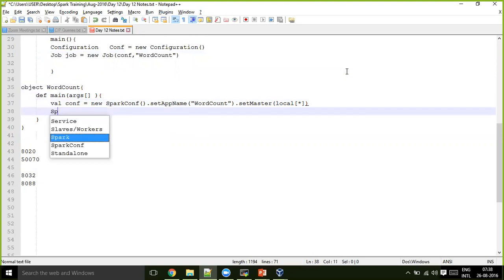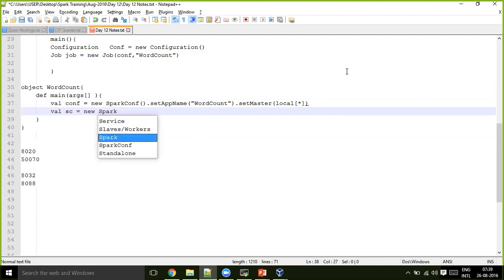But here we use val sc = new SparkContext, and we pass this conf object. So this is one of the ways to create the SparkContext object.